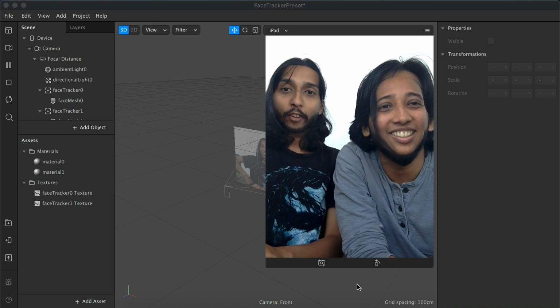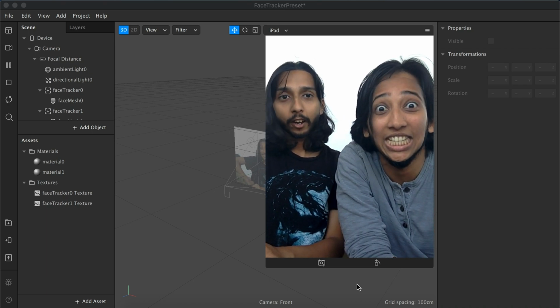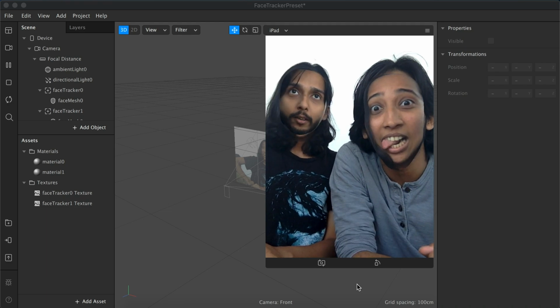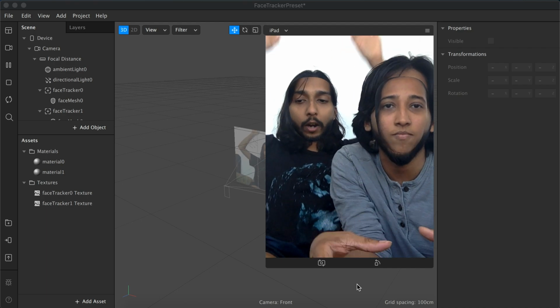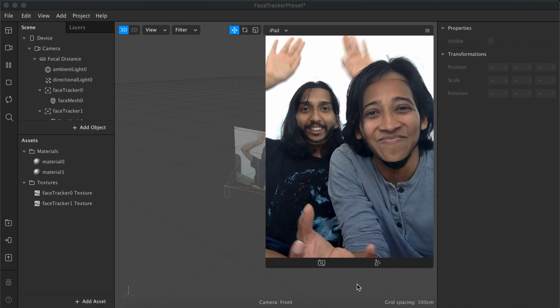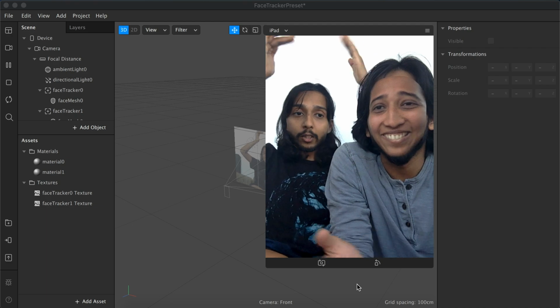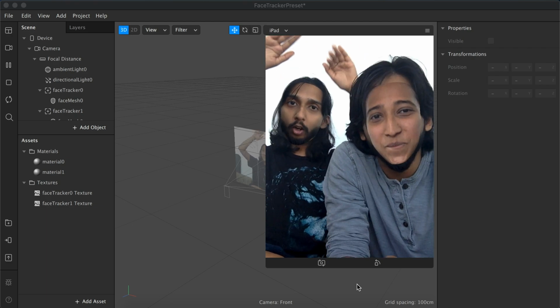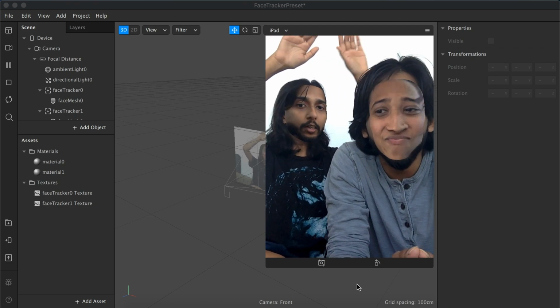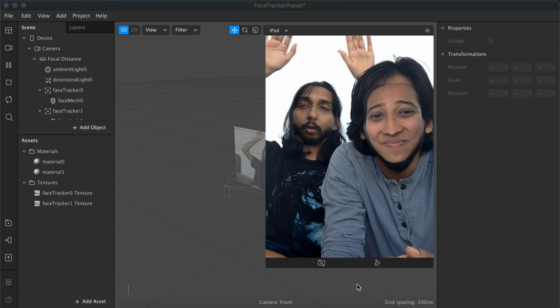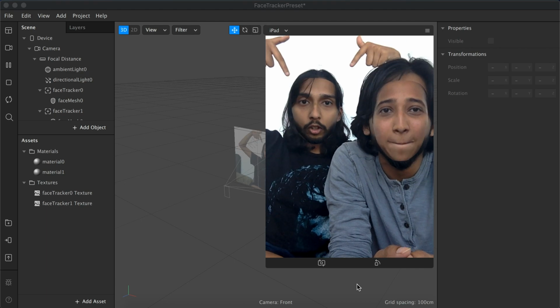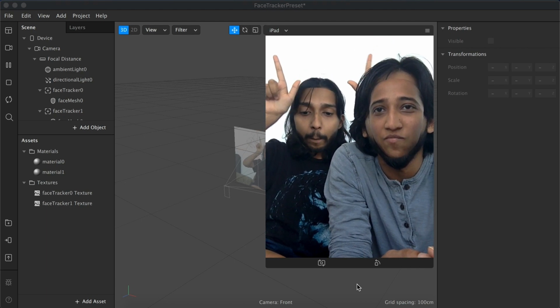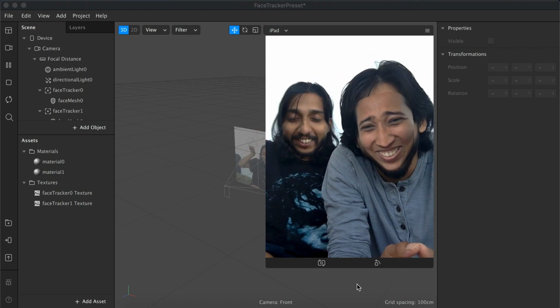We're doing a little face swap with Spark AR, which is what we're going to take you through today. For the next 20 minutes, we're going to take you through an introduction to what AR, augmented reality, is, and we're also going to walk you through Spark AR, which is this tool built by Instagram and Facebook, where you can build